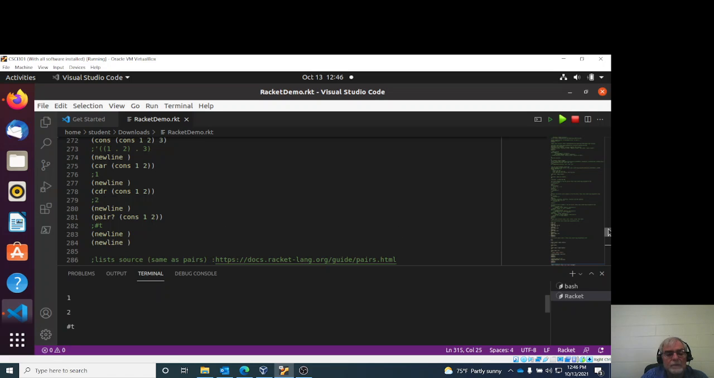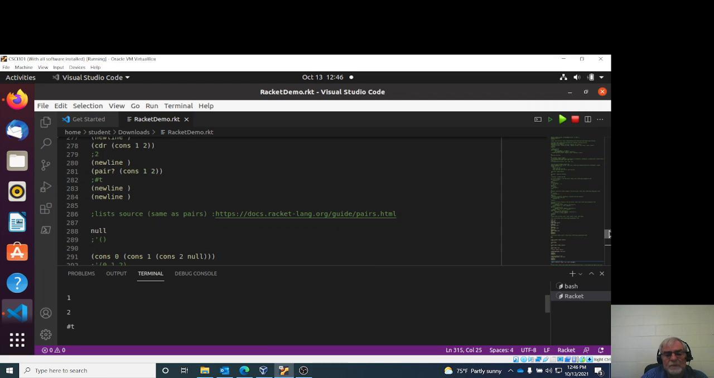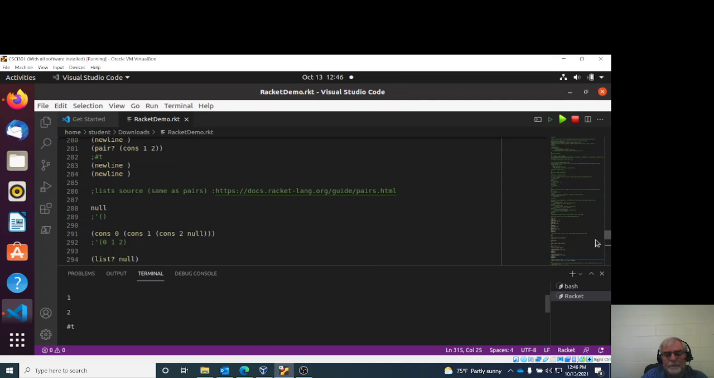Okay, for lists, the source is the same as the pairs, it's just a little further down in it. And when you say null, Racket being a Lisp, a list processing language, it talks about a null list. Now, if you construct a pair upon a pair upon a pair and they're connected like this, you get a list, and here's how it's annotated. It's annotated with a single quotation mark, 0, 1,